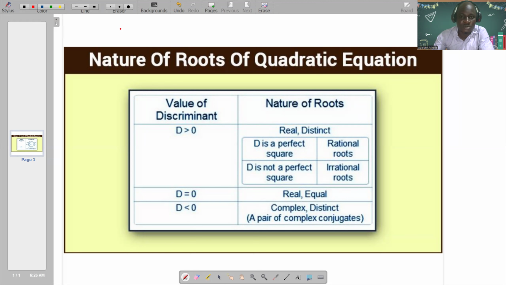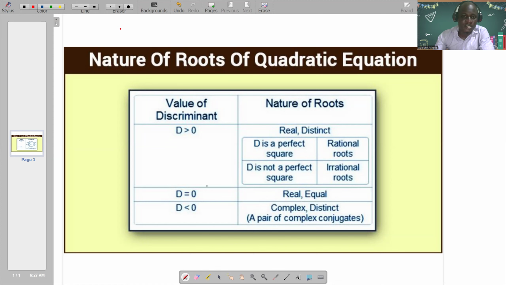Now, every whole number, every natural number can be written as a fraction. 1 can be written as 1 over 1. 2 can be written as 2 over 1. But if d is not a perfect square, we have what we call an irrational root. That means we get a decimal point,